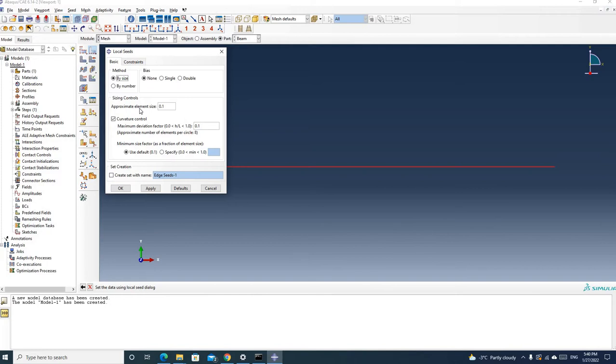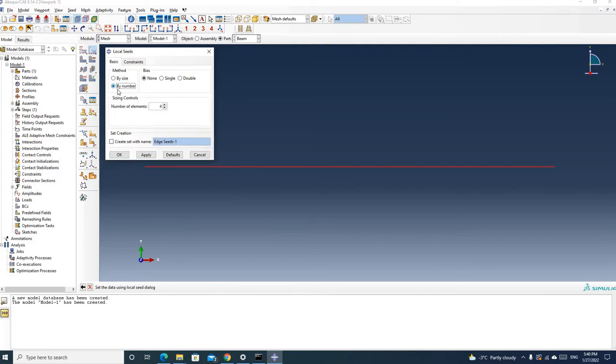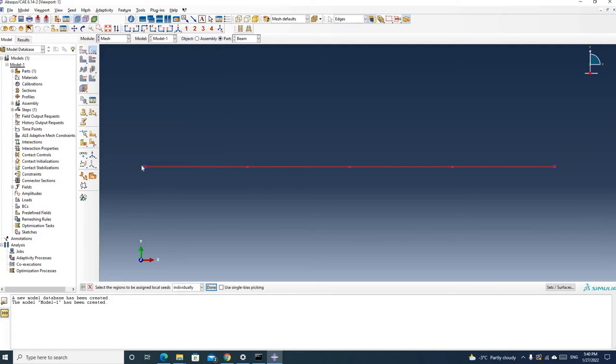Then the question asks us to mesh this bar using 4 bar elements. So we need to use the method by number, and then we put 4 for the number of elements, and then we click apply, and then we click OK. So we can see we have 5 nodes here,